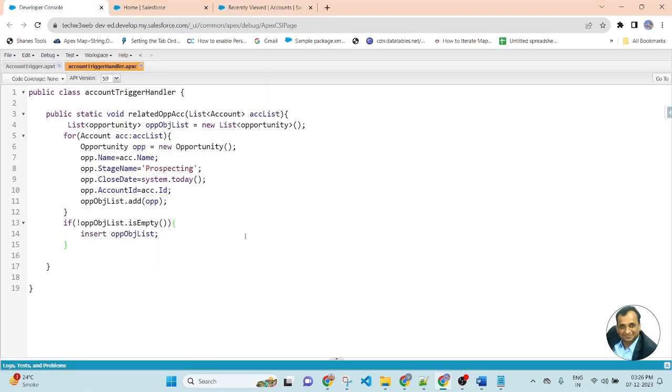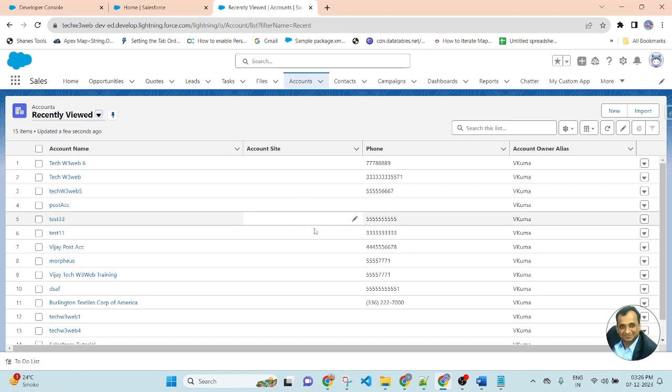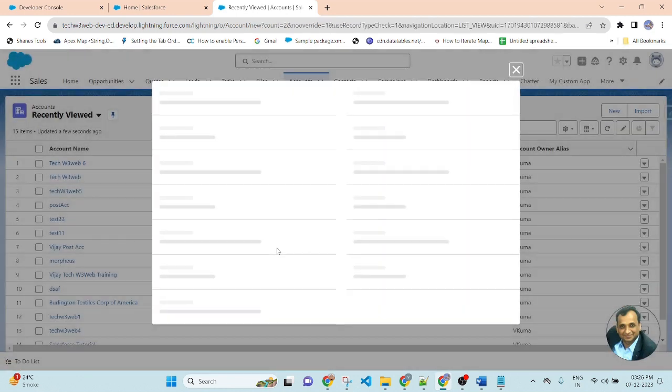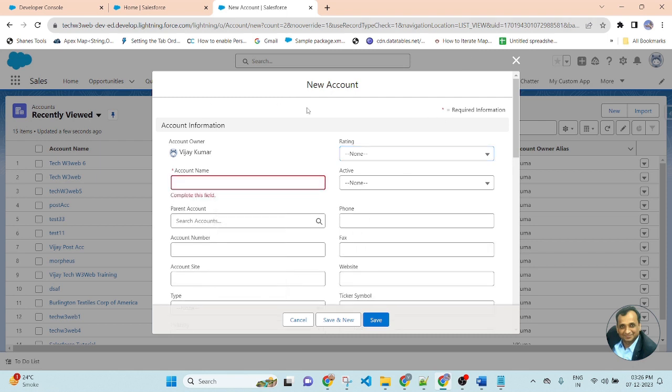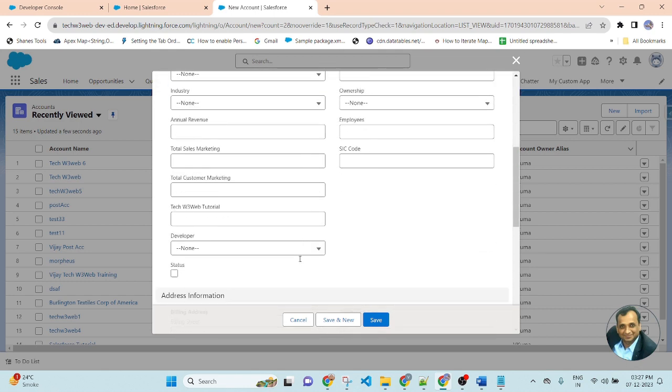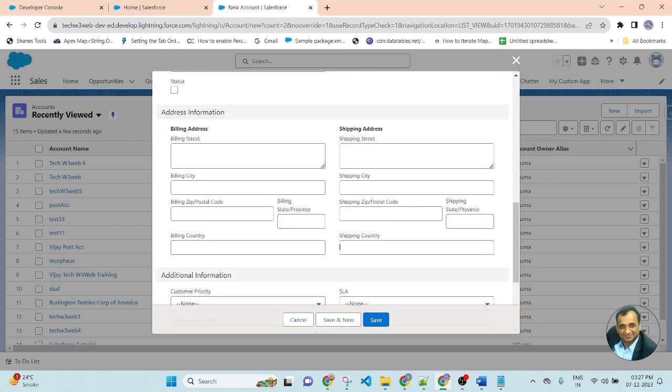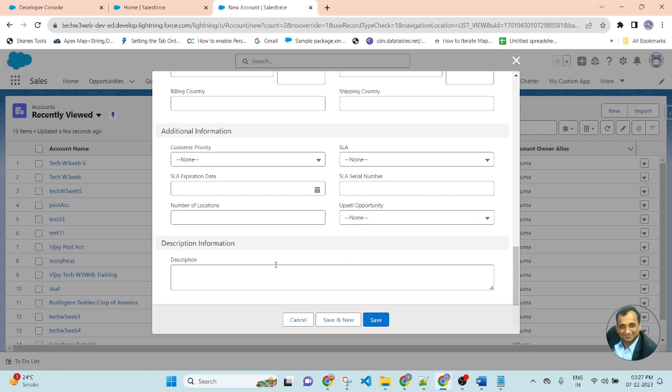Now let me create another account once again. Open the account tab, create new. Write the name of the account: Take W3 Wave 7, and I am leaving all of the fields blank.